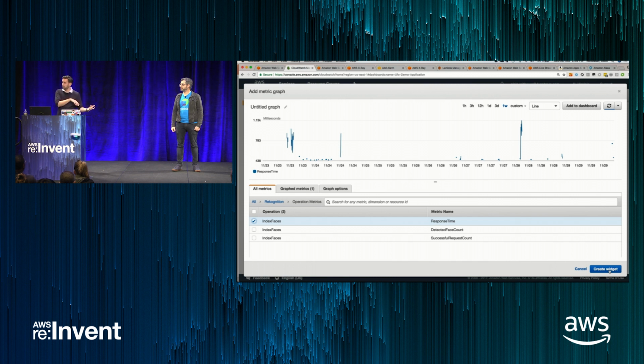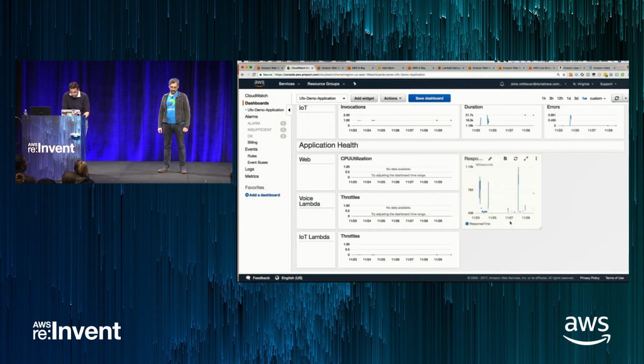And that's the Rekognition call that you see in here. And I might now add this. And now I'm getting the response times in here for my Rekognition call, which in this case is about 1